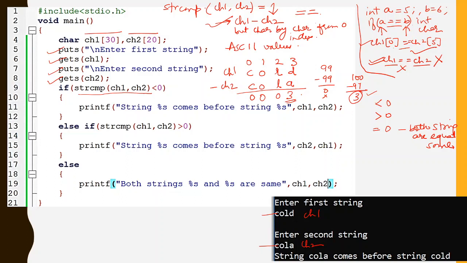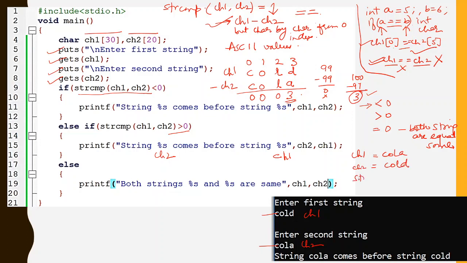So in this greater than zero condition, string ch2 will come before ch1. And in the less than case, suppose I have ch1 equal to COLA and ch2 equal to COLD.